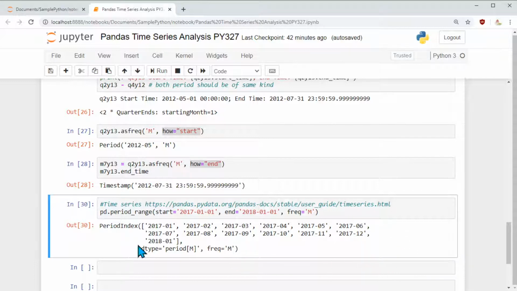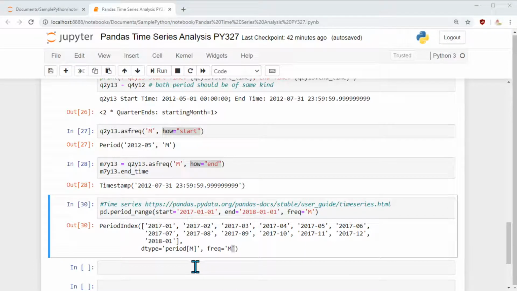Now it shows that this is a period index, this is the frequency, and the data type is a monthly period, and it shows all these dates. So we can create a period range where the range has a certain start date and end date, and you can specify the frequency, and this is a pretty neat way to do that.